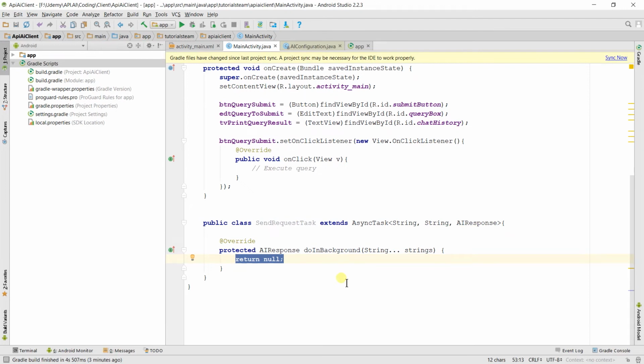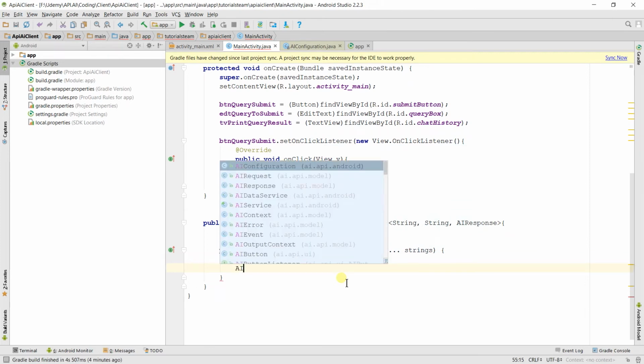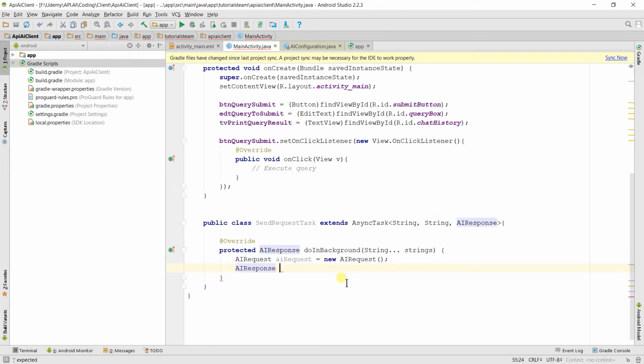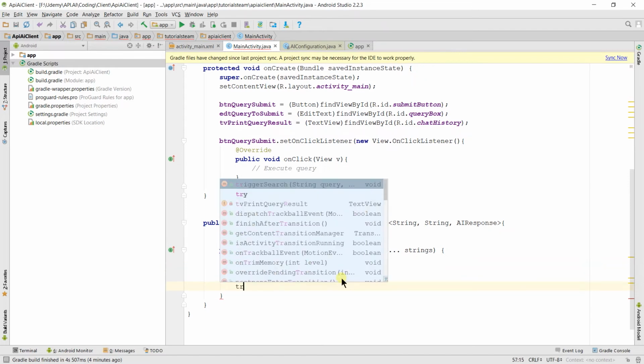Within that we need to create the instance of AIRequest equal to new AIRequest, then create the instance of AIResponse equal to null for now, then create the try catch block